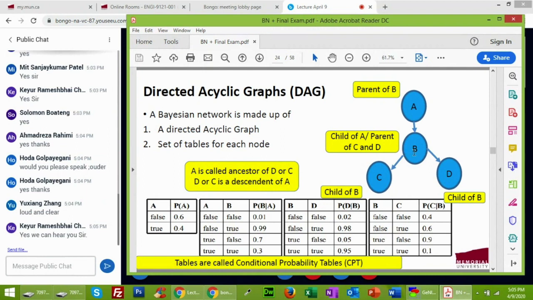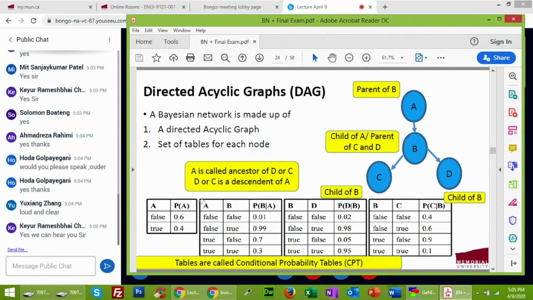Now let's come to the B here. Now the B has the parent A here. So B will have one probability which is related to the A, the second probability of the B itself. Now if you look here, we have two states. A could be false and true, B could be false and true.